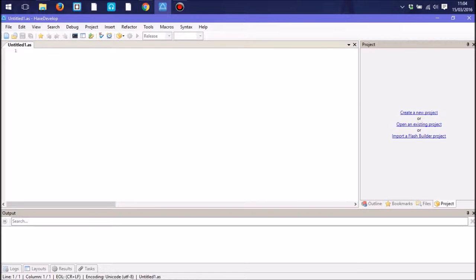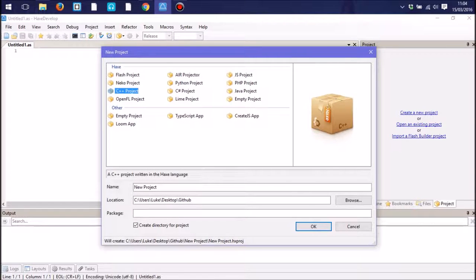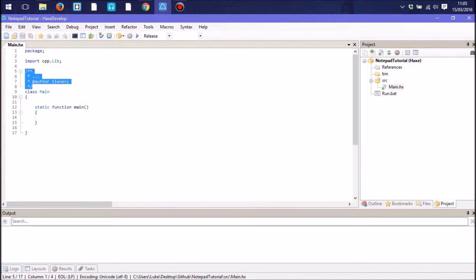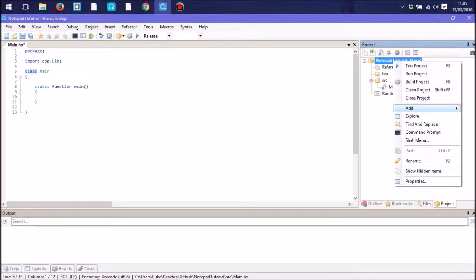But anyway, so what I'm going to do is use Haxe Develop to create an application. I'm going to highlight C++ project in Haxe, and I am going to call it Notepad Tutorial. Just call it that for the time being. Before I start, what I'm going to do is get rid of these comments because I don't need them, and I am going to add